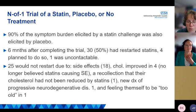25 wouldn't know, so still convinced side effects. 4 of them, their cholesterol got better, but they were convinced that maybe it wasn't the statins that had given their side effects. 1 of them was quite convinced that the statins hadn't reduced their cholesterol. 1 of them had, unfortunately, a new diagnosis of a progressive disorder, and someone else thought he was just too old to take them. So it helps a bit, but as you can see, there still is a bit of resistance